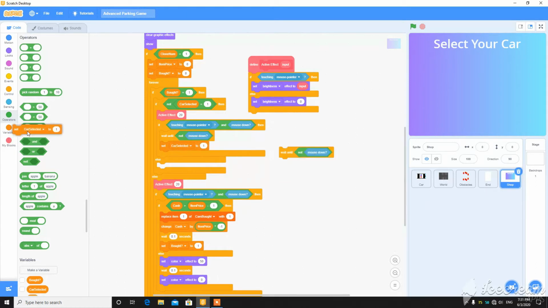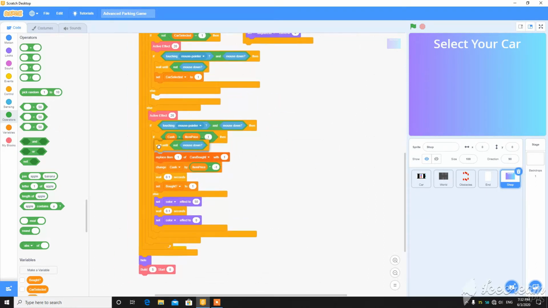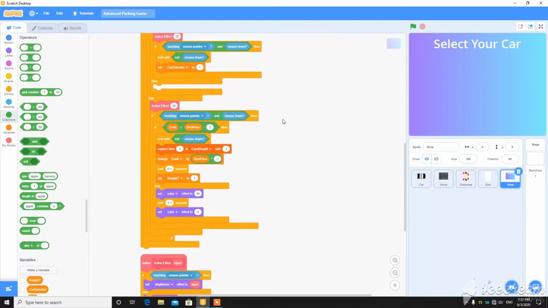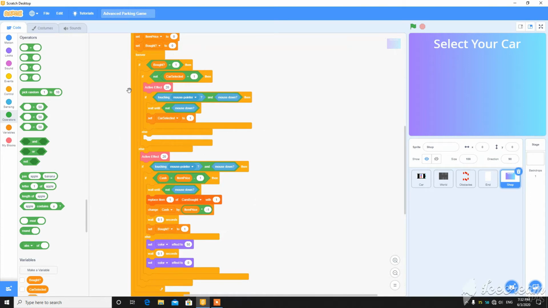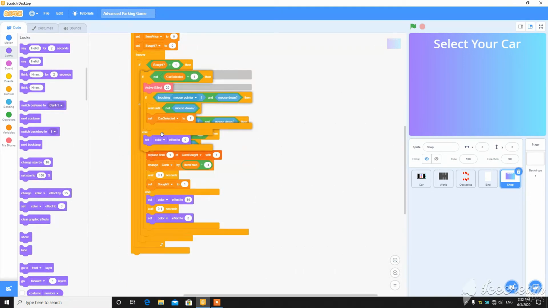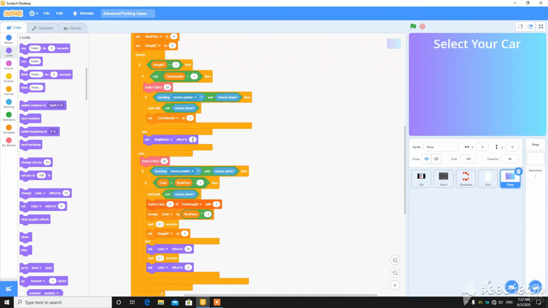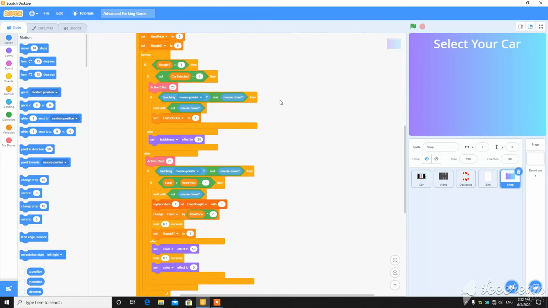Also put this here, this is a cool effect. So now it will work, and if the car is selected, then set brightness effect to -20, so the car is selected. So this is the first script.